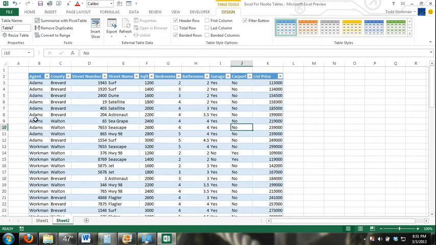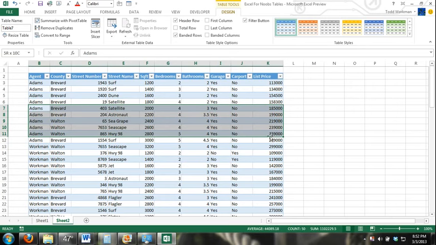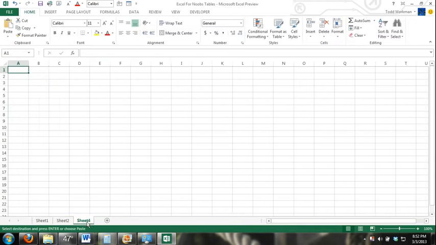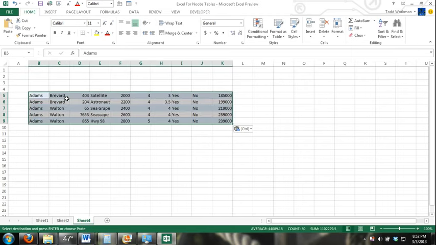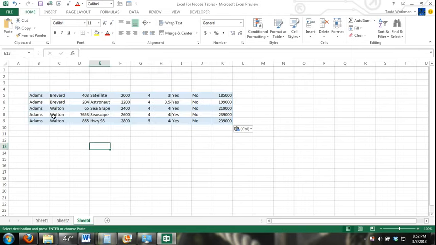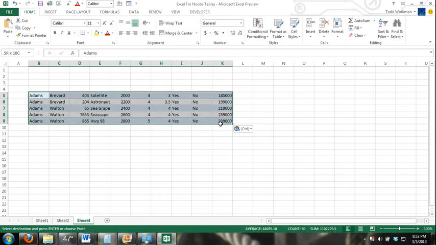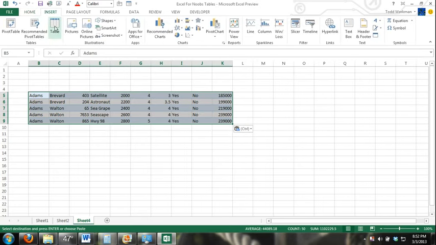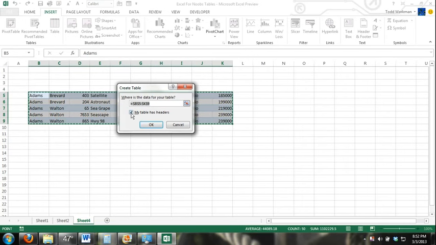Alright, let's just assume we had a range of data that we wanted to convert into a table, except we didn't have column headers. I'll just show you what would happen. I just copied and pasted a few rows out of that table. I'm going to insert the table just as I did before, except I'm going to